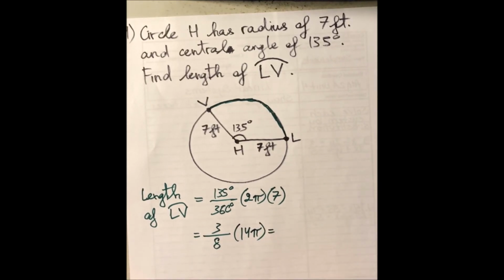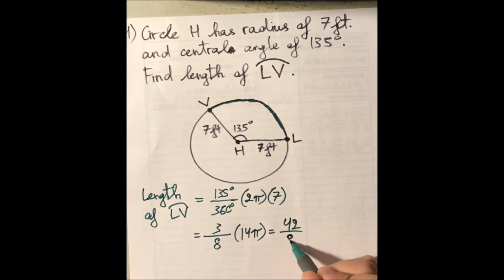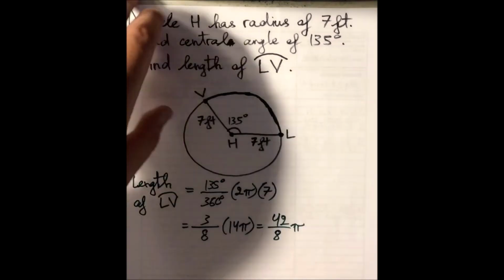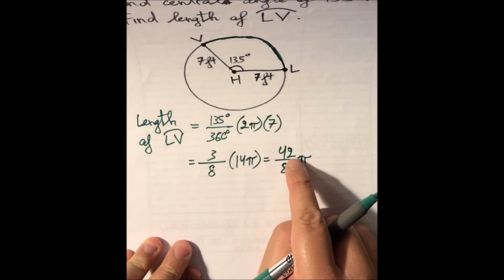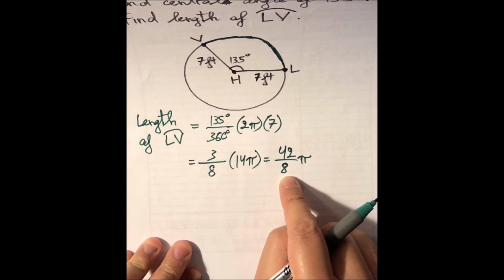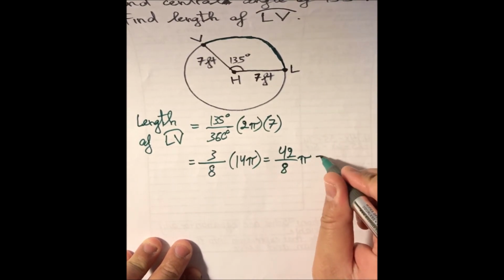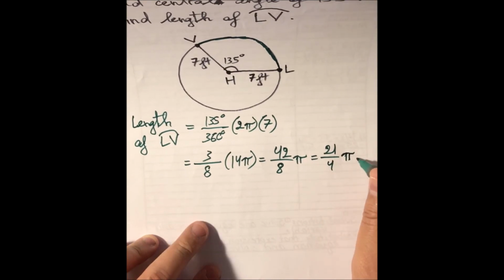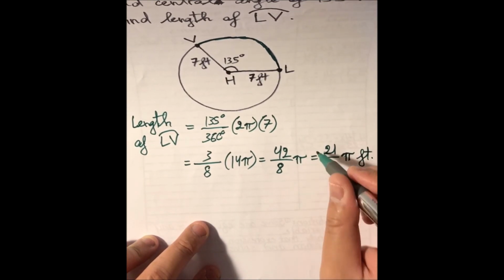But let's see, 3 times 14 pi is going to give us 42 pi, so 42 over 8 times pi. 4 goes into 8, not into 42. So we can only simplify it now by 2. So 42 has the greatest common factor of 2, and 8 also has the greatest common factor of 2. So 42 divided by 2 is going to give us 21. 8 divided by 2 is going to give us 4. So 21 over 4 pi feet is the length of